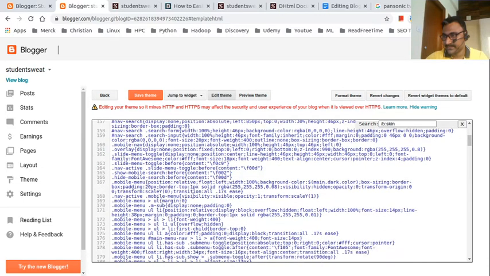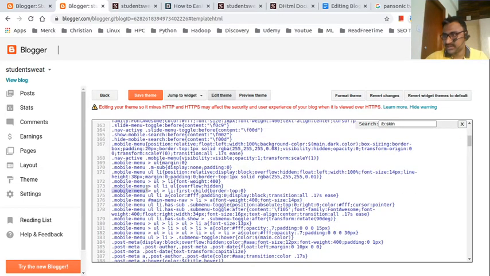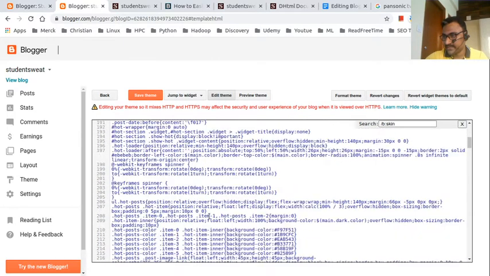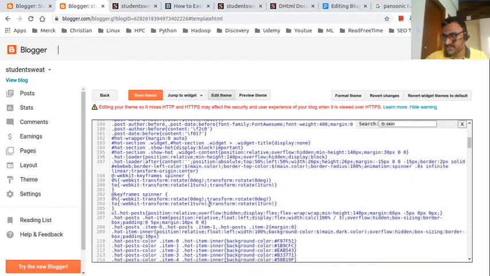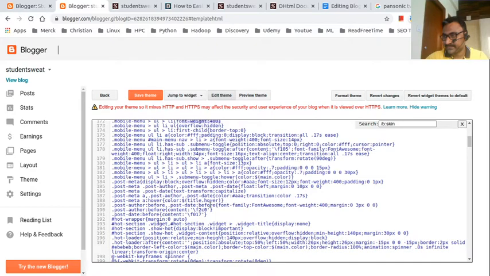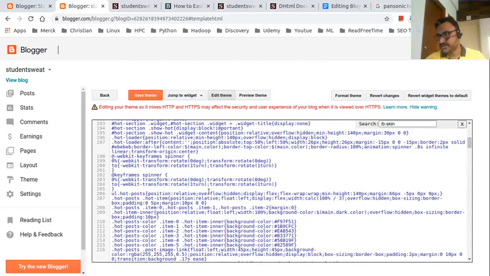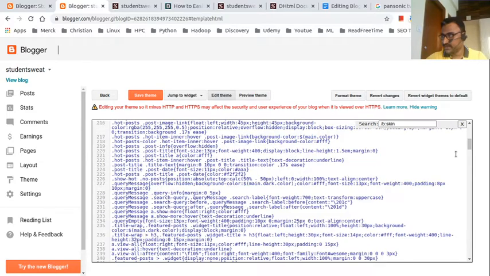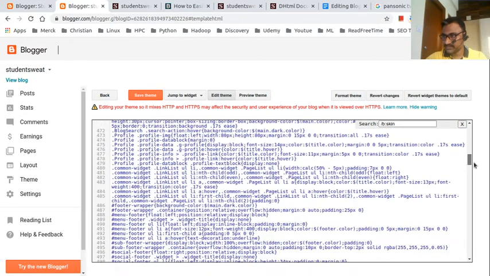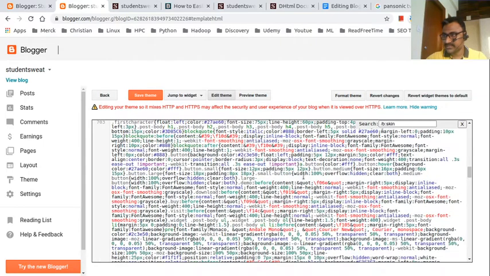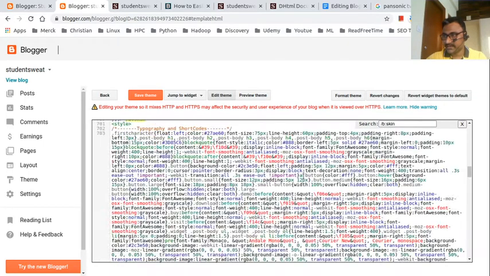From here, if you want to change the mobile menu or drop-down list, the attributes such as top, font, and width, how much we need to maintain, and LI, UL, everything is displayed clearly. From this you can get it in text. Also, from the inspect element you can get all the information. This is one important thing I want to show you. All the CSS format will come like this.